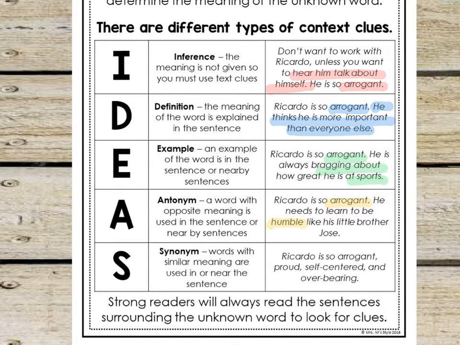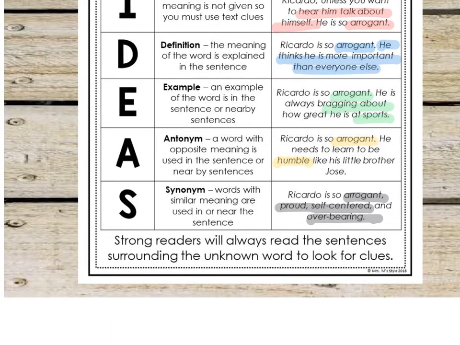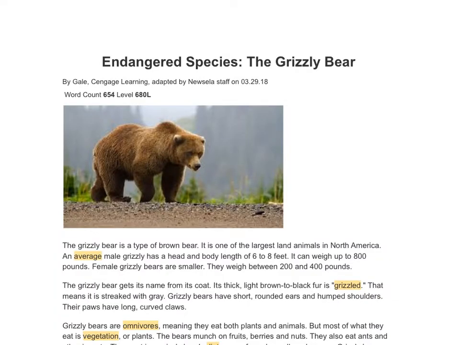And lastly, authors might give us a synonym clue. This is when words with similar meanings are used in or near the sentence. Like this example. Ricardo is so arrogant, proud, self-centered, and overbearing. These are all words, self-centered, overbearing, proud, that mean the same as the unknown word arrogant. Strong readers, or I like to call them growing readers, will always read the sentences surrounding the unknown word to look for clues. So now let's use these different types of clues to see if we can determine the meanings